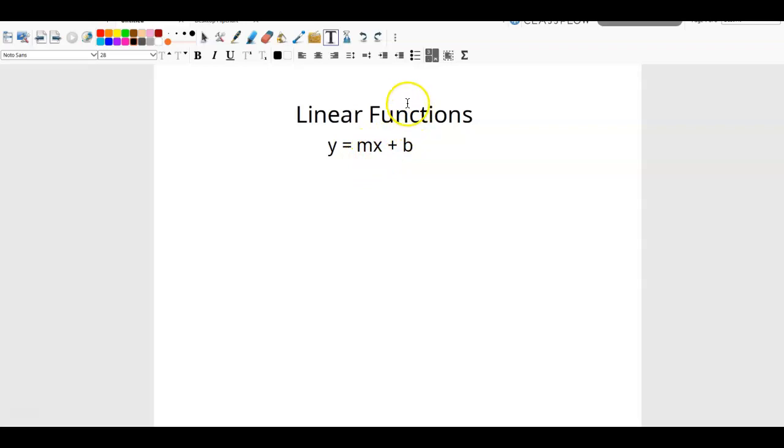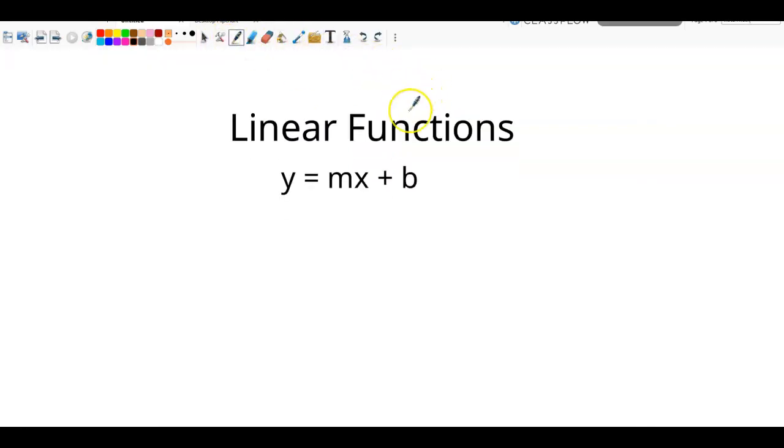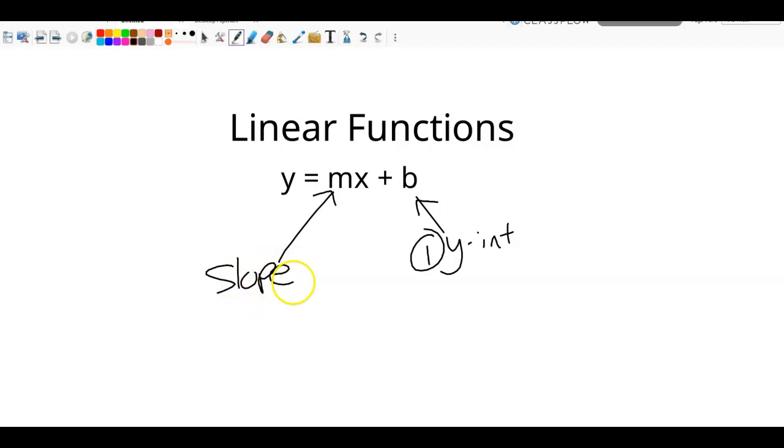So linear functions look like this. The first thing to do when graphing a linear function is to take that value there, which is the y-intercept, and you're going to plot that first on the y-axis. So that's the first step, so I'll label that as 1. The next step is to take that number there, which is the slope, and you're going to use that to find another point. So it's rise over run